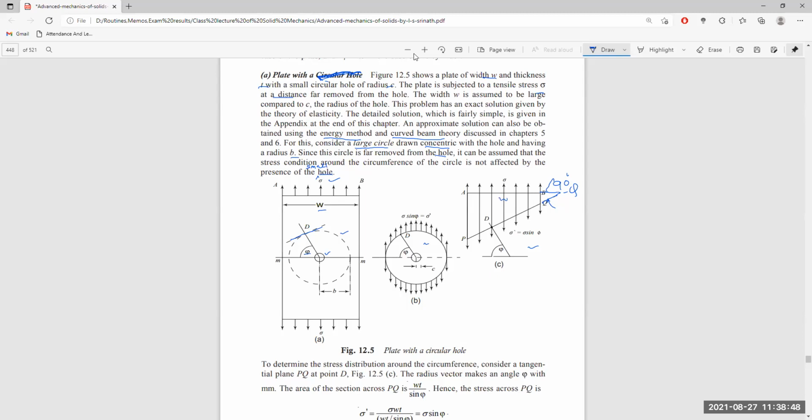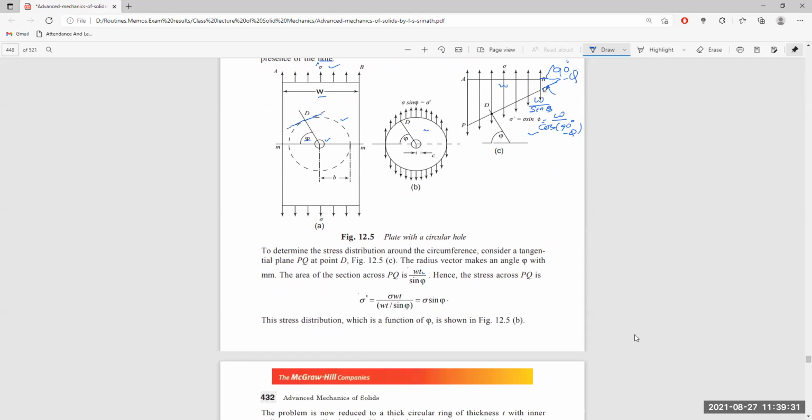That is W. So hypotenuse will be equal to W divided by sin phi itself, or W by cos (90 degrees minus phi). So this is exactly the length of this line PQ, W by sin phi, and the area of this section is W multiplied by the thickness, so it is W into T divided by sin phi itself. W is the width of the original